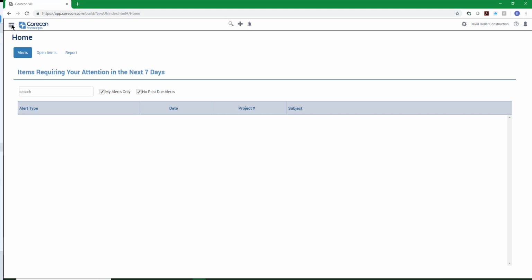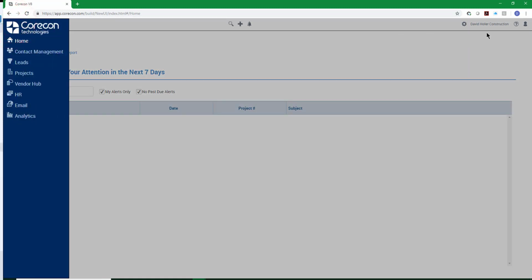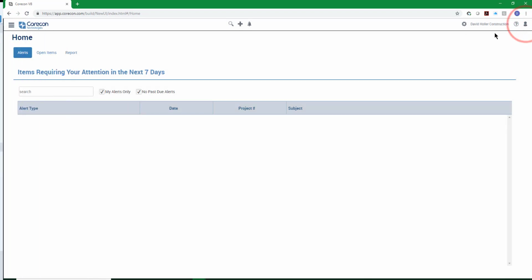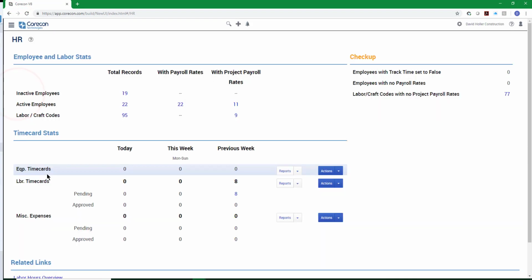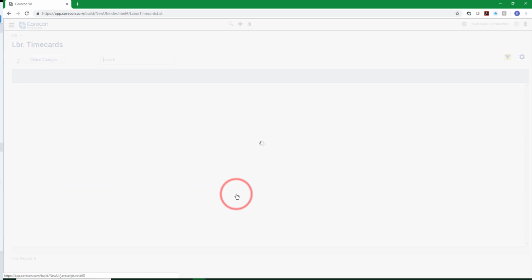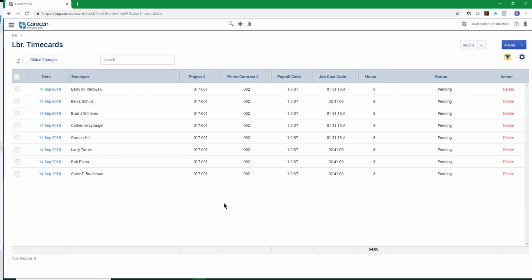To show you how a manager is going to approve labor time cards, we're going to go to the main menu. Again, we're logged in as Brad Williams. We go to the main menu, click on Human Resources, and we've already entered some labor time cards. So we're going to see right now there's 8 pending. I'm just going to open those